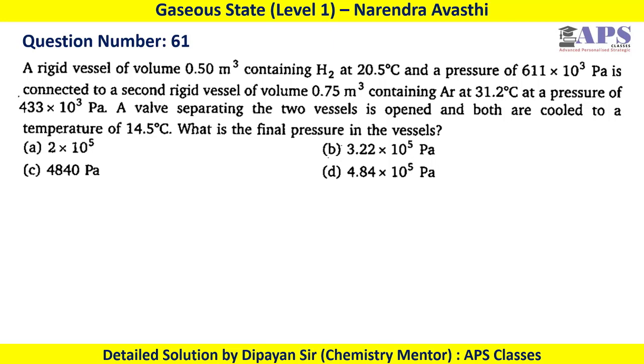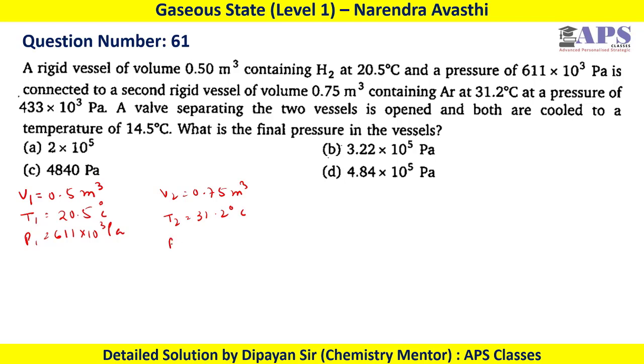So in this case, initially and finally the total number of moles is constant, correct? So we can calculate like this. We have V1, that is 0.5 meter cube, T1 is 20.5 degrees centigrade, P1 is 611 into 10 to the power 3 Pascal, V2 is given by 0.75 meter cube, T2 is 31.2 degrees centigrade and P2 is 433 into 10 to the power